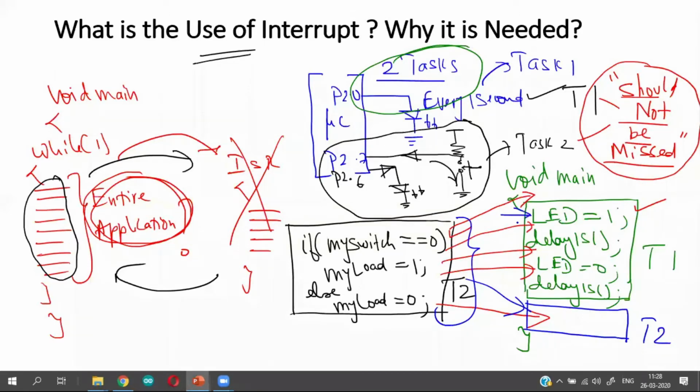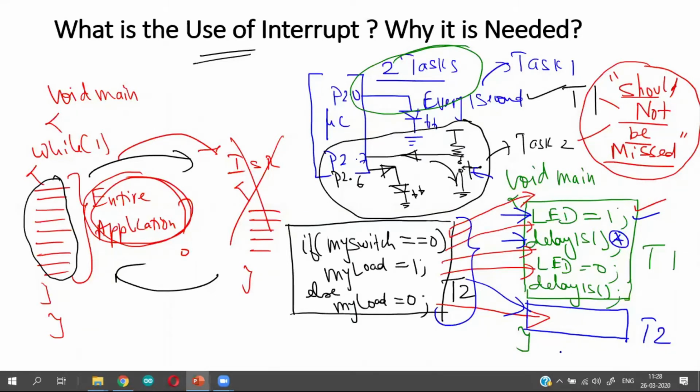The LED turns on here, and I am entering into a delay for 1 second. When the microcontroller is executing this 1 second delay, at that time the user is pressing a button. Do you think the microcontroller will process that switch press by the user when the microcontroller is busy executing this?